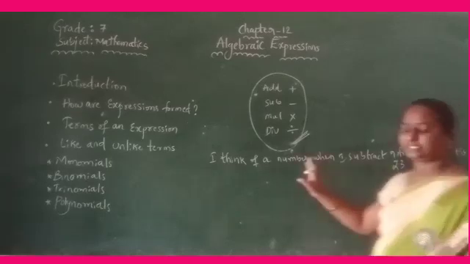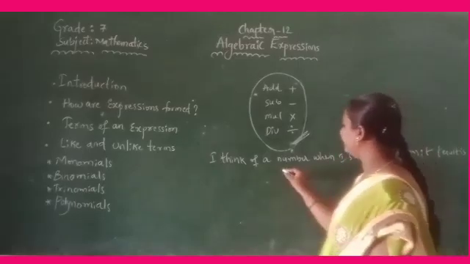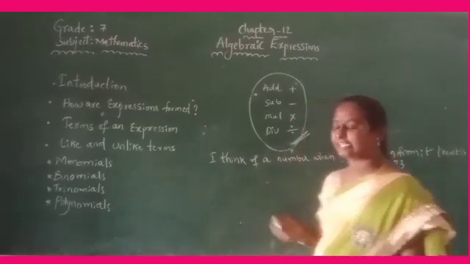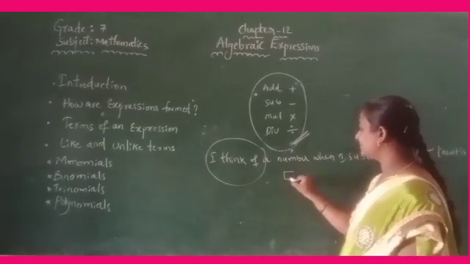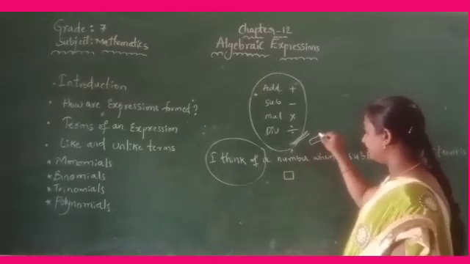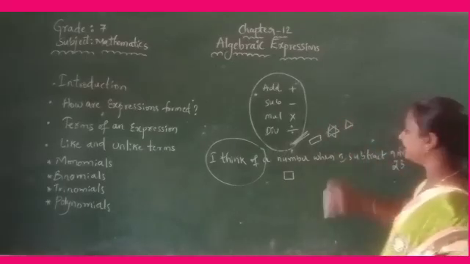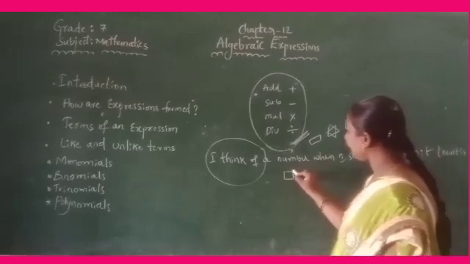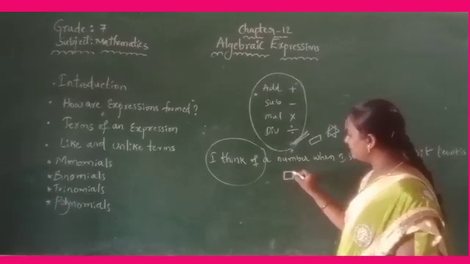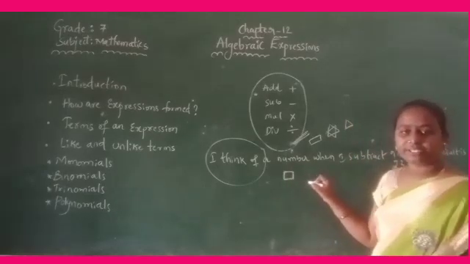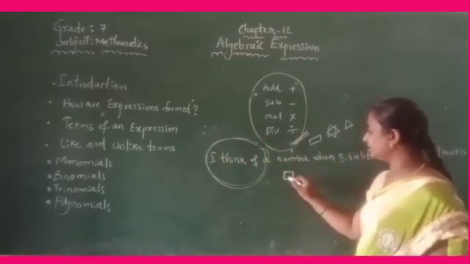So how can you find the unknown value? In earlier times the Egyptians used different symbols, and we also have mathematical symbols, like the square symbol, rectangle symbol, star and triangle symbol. I am using this symbol here for finding the unknown value.